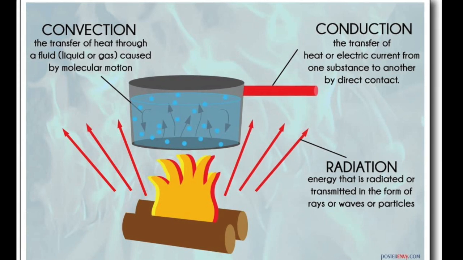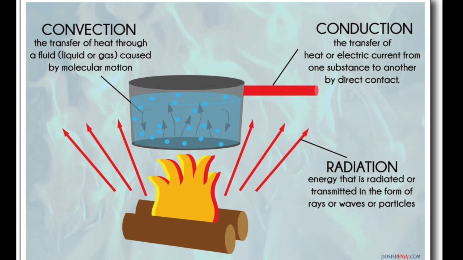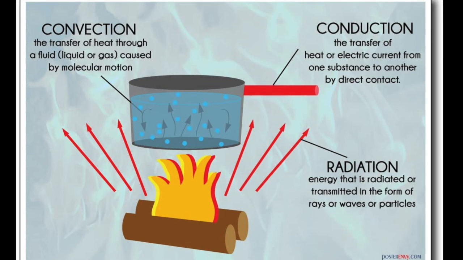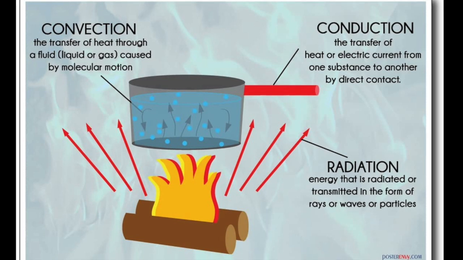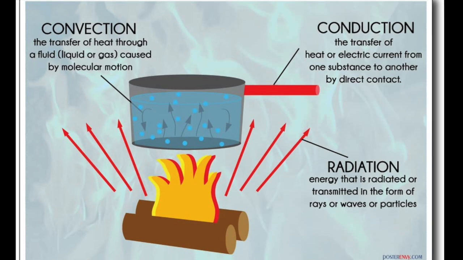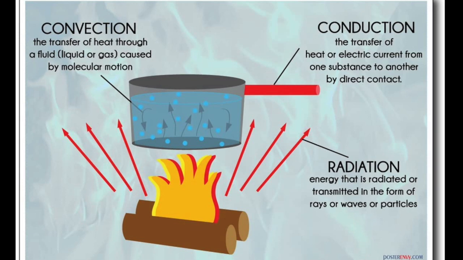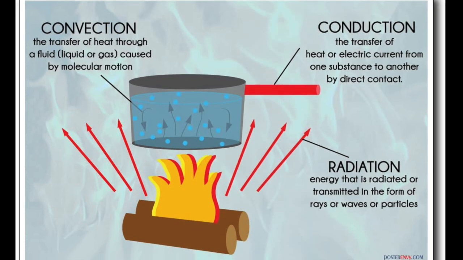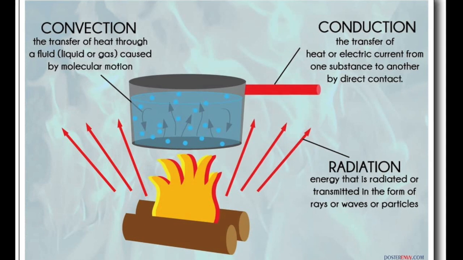Radiation. Radiation is energy that is radiated or transmitted in the form of electromagnetic waves, such as light or microwaves. A microwave literally shakes the molecules of food, causing the temperature of your burrito to increase. The energy of light, for example, can be observed in the varied internal temperatures of a black container with water versus a reflective container left in the sun.